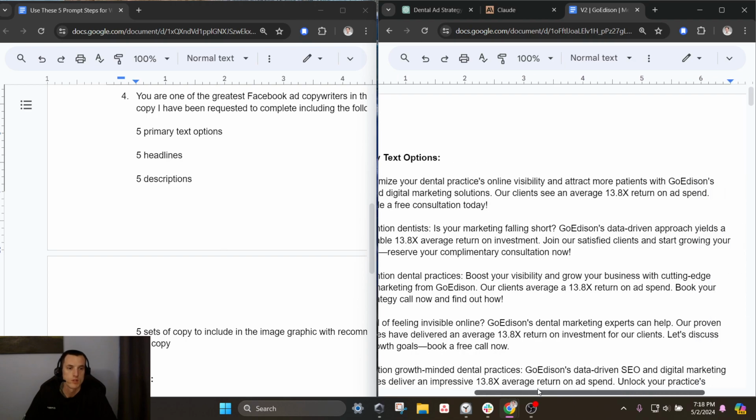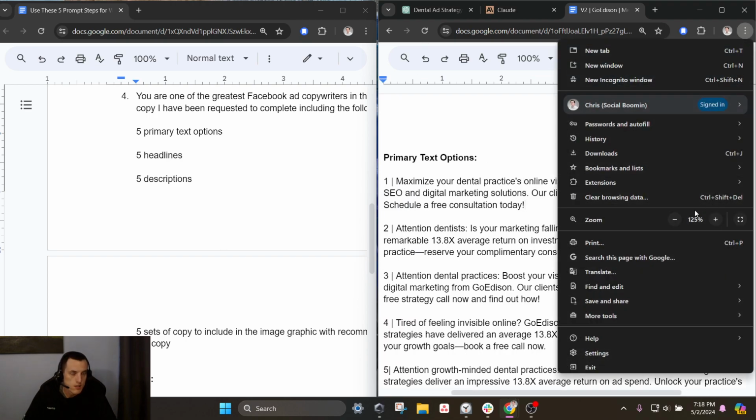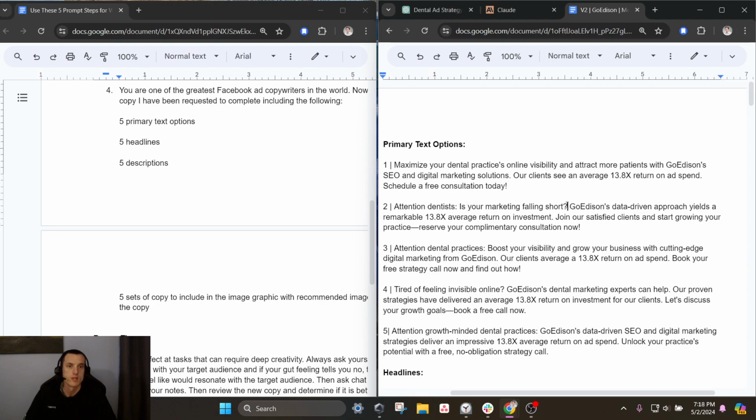Yeah, so in this case, if this agency didn't have such good results and they weren't focusing on data, then I would think this is maybe a little too generic, or it's just not going to cut through. But given the circumstances, I think these are going to work really well. And it did a couple things extremely well, which was calling out dental practices, featuring the return on ad spend that they've been achieving,